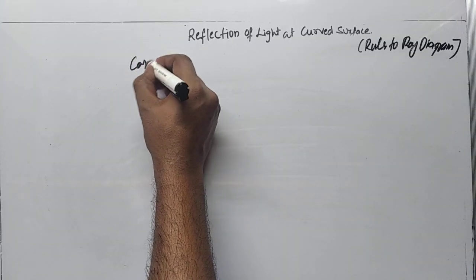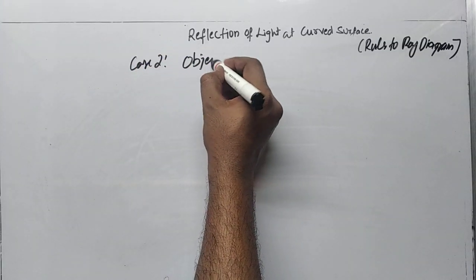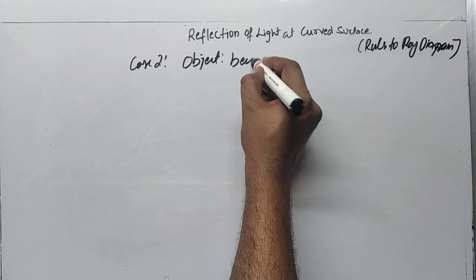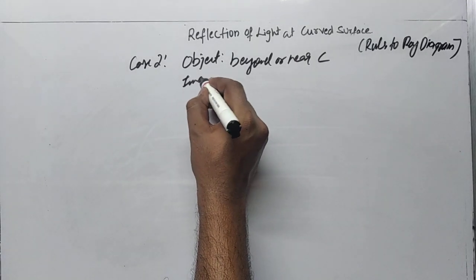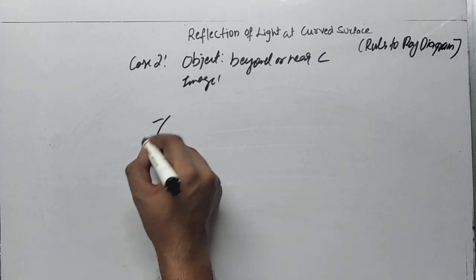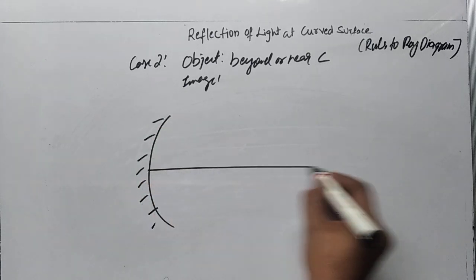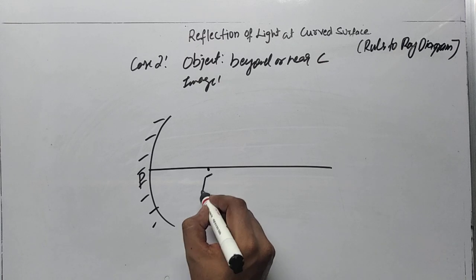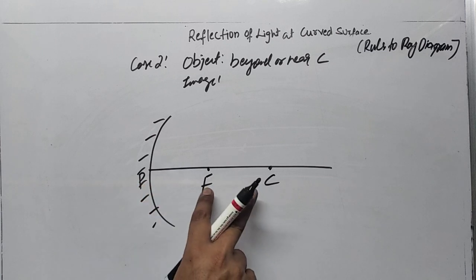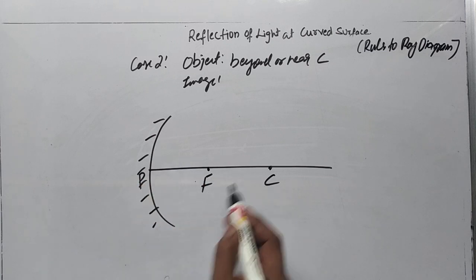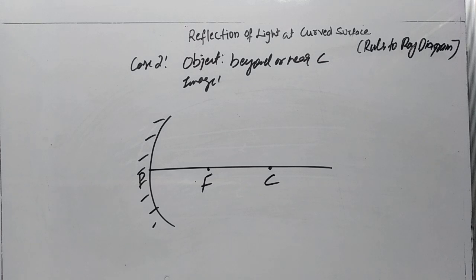So next, case 2. In case 2, the position of the object will be beyond, or you can say near, C. So now we will be talking about the image. Same, I am just drawing the concave mirror, principal axis, pole, focus, center of curvature. You remember the distance between pole and focus should be the same as the distance between focus and center. Take 2 cm to draw in the exam. Just take the help of a ruler and measure the equal distance between the pole, focus and center.